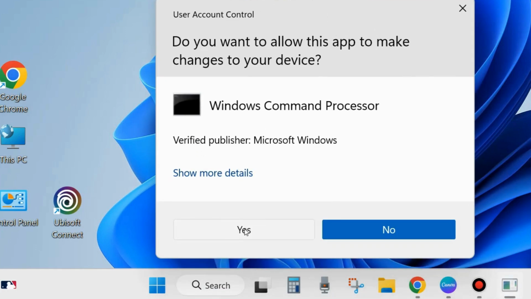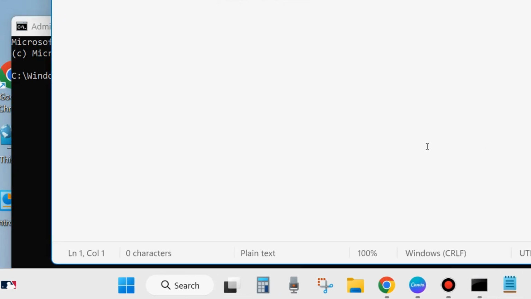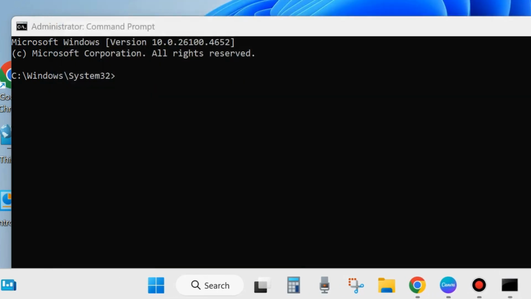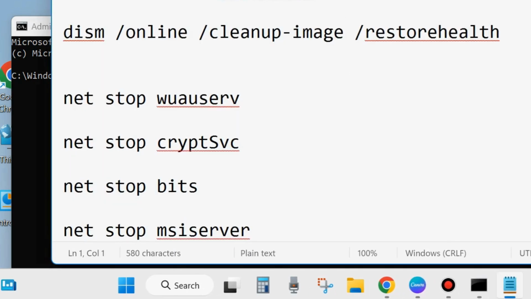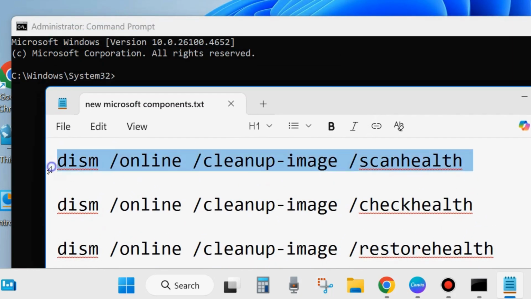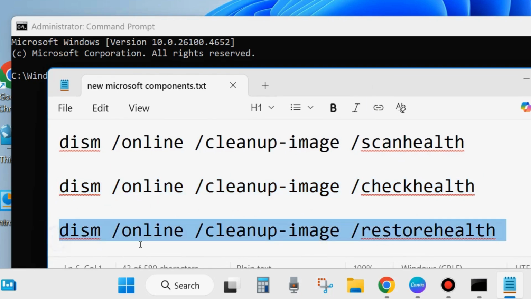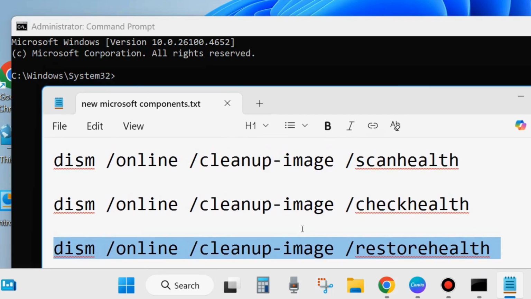Choose Yes, and in the Command Prompt window execute these three DISM tool commands one by one: DISM /online /cleanup-image /scanhealth, DISM /online /cleanup-image /checkhealth, and DISM /online /cleanup-image /restorehealth. Execute all these three commands one by one, followed by the Enter key each time.